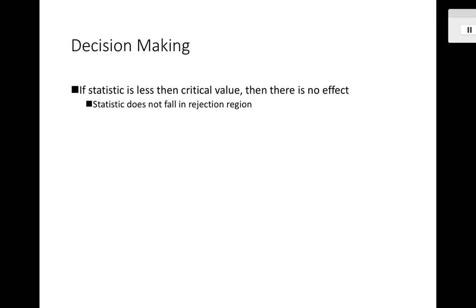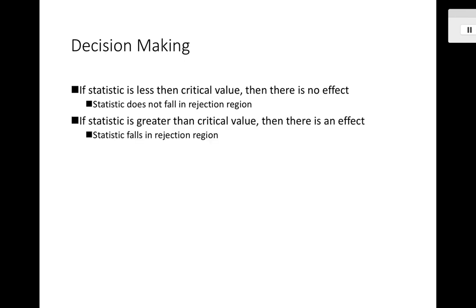So when we think about the decision-making process associated with statistical testing, we have to consider the following. If my statistic that I've calculated is less than the critical value, then there is no effect. So my statistic does not land in the region of rejection. Now, if my statistic is greater than the critical value, then we're going to assume that there is an effect, that my statistic falls in the region of rejection. Now, very important,